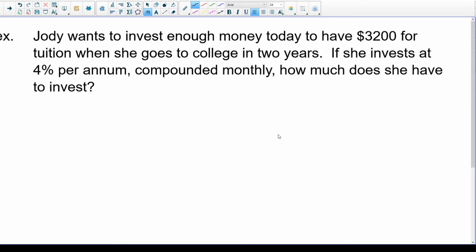Jody wants to invest enough money today to have $3,200 for tuition when she goes to college in 2 years. If she invests at 4% per annum, compounded monthly, how much does she have to invest? So let's take a look at what are the different variables given to us, and what do we need to find, okay? She wants to invest enough money today to have $3,200 in the bank. So if we think of our formula, A is equal to P times (1 plus i) to the n,